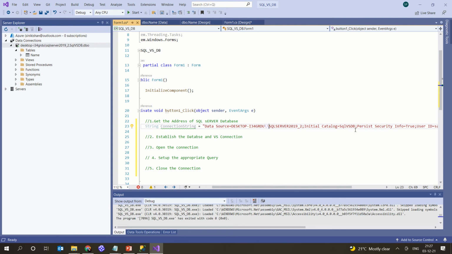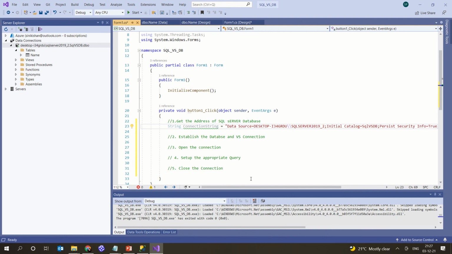Then your DB is SQL VSDB, this is the one you are going to use. And persist security info equal to true, and your user ID is basically SA. If it poses some issue, we will try to, yeah, redundant assignment.